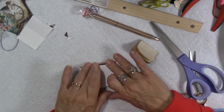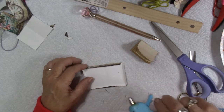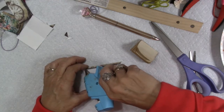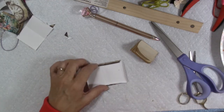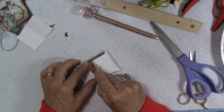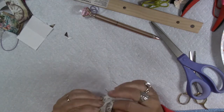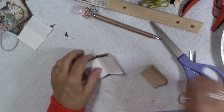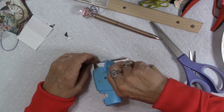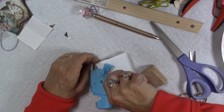So now what I'm going to do is I'm going to use my hot glue for this. Trying to think. Oh, wait a minute. First thing I want to do, actually, you know what? I don't have to do anything with those binding edges. Awesome. Okay, we're perfect. All right, so we're going to take our glue gun and we're going to glue these edges down